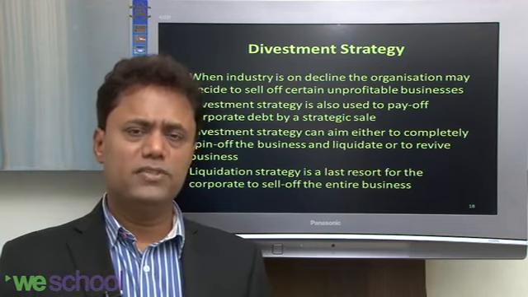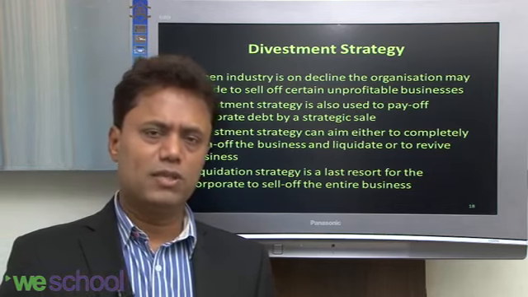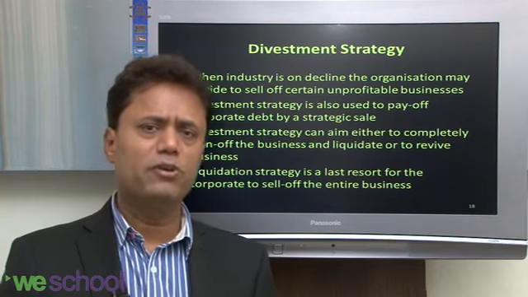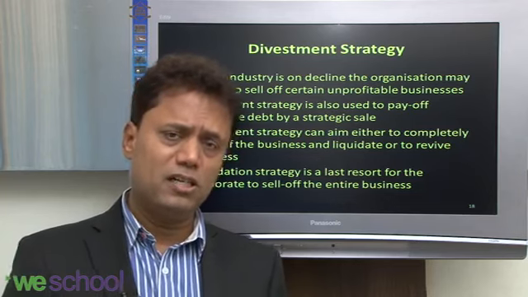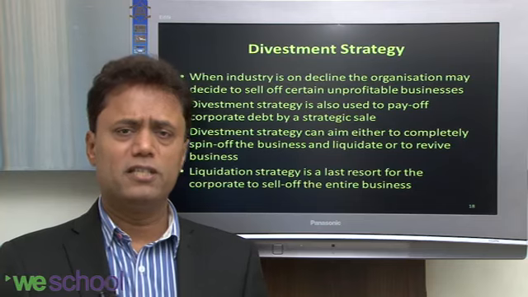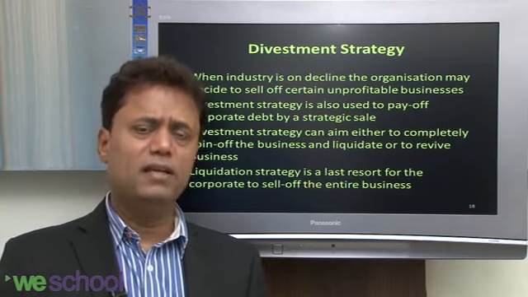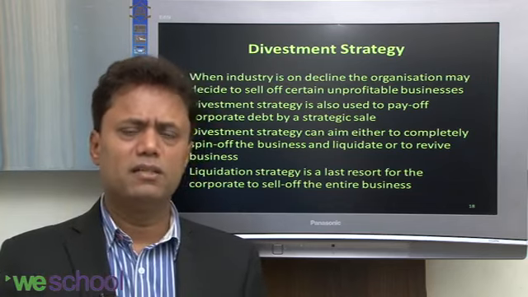There are many companies with high debt on their balance sheet that are actually selling their non-core assets. For example, recently JP Associates sold its cement unit in Gujarat to Ultratech Cement. Ultratech Cement is the number one player. Jaypee Associates is an infrastructure company, and the cement unit they had carried a huge debt on their balance sheet.